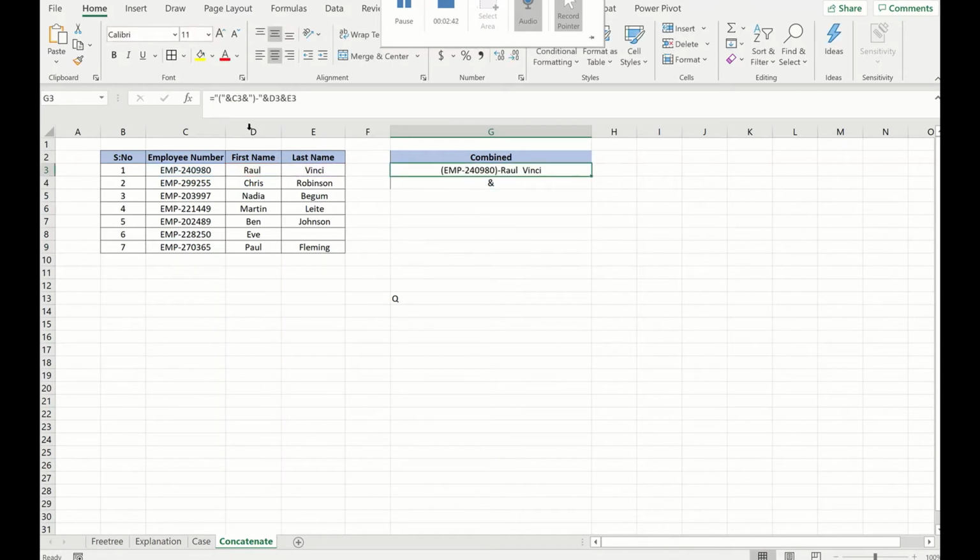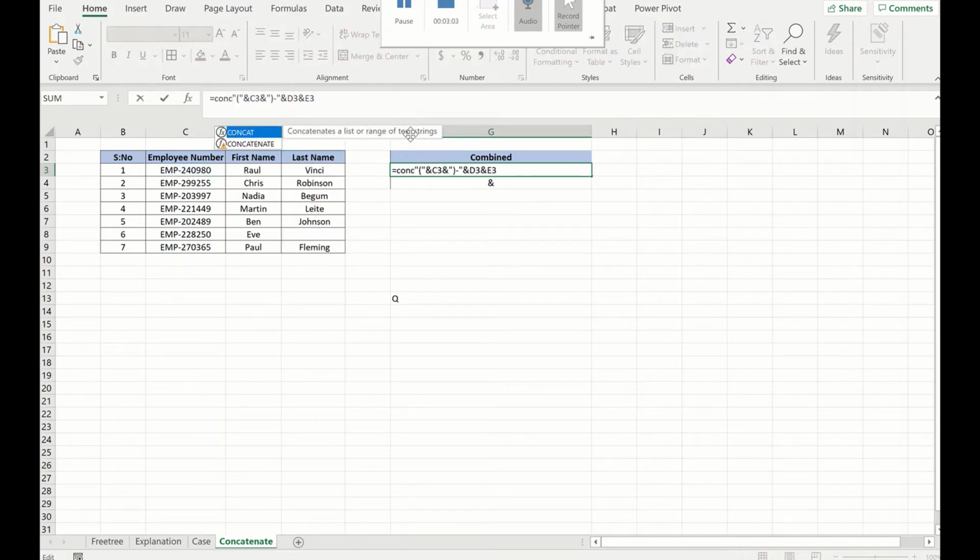That's it. This is the easiest way to add different text across different cells using just the ampersand. In concatenate, we just replace the ampersand with a comma inside a concatenate function. That's it, let's just do it.